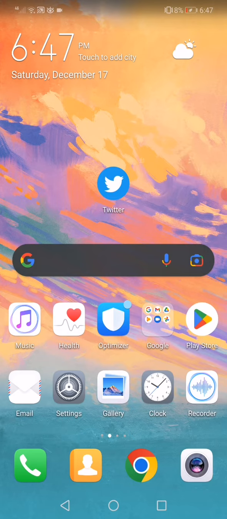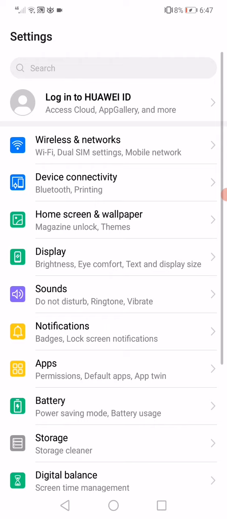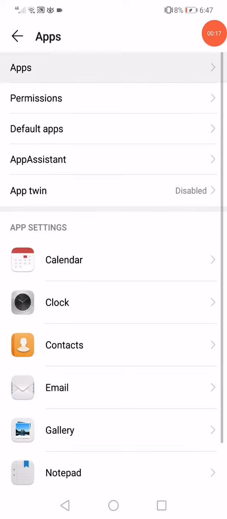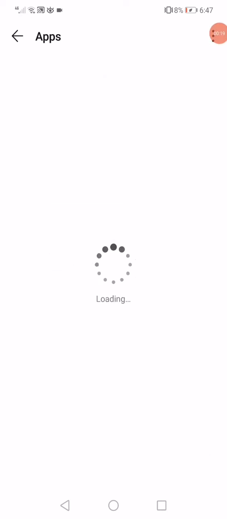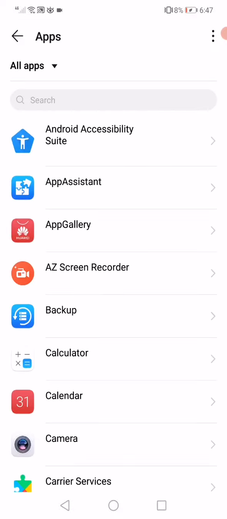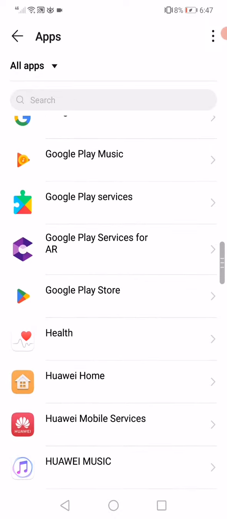All you have to do is open the settings on your phone and then go to the apps manager. Open the apps. Now on this page you will find all the apps that you have on your phone. Just wait a few seconds. It will start loading all the apps. Scroll